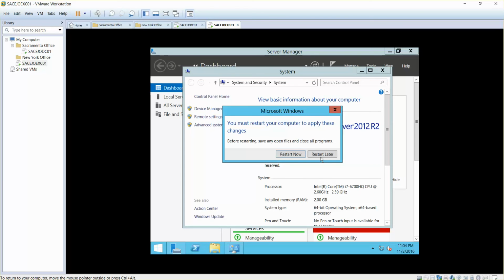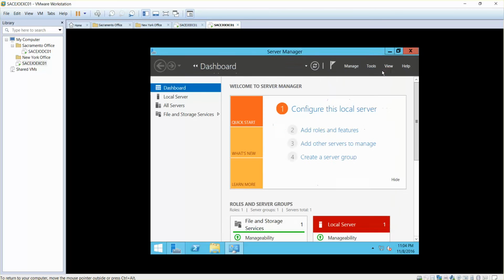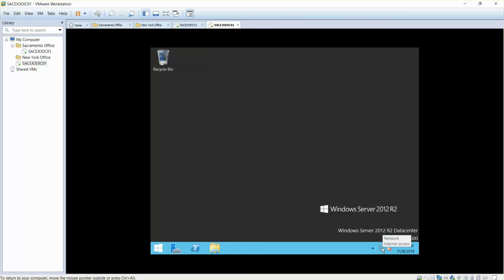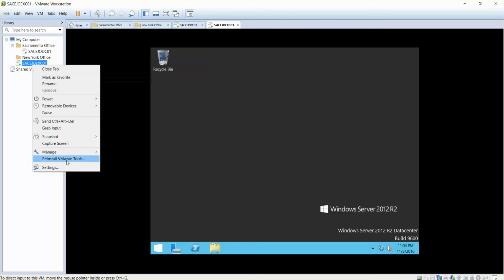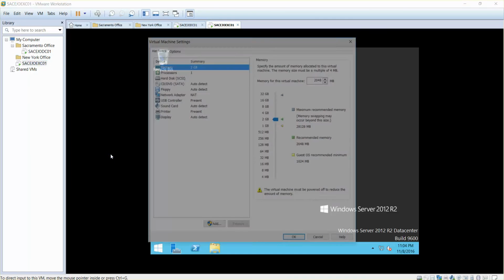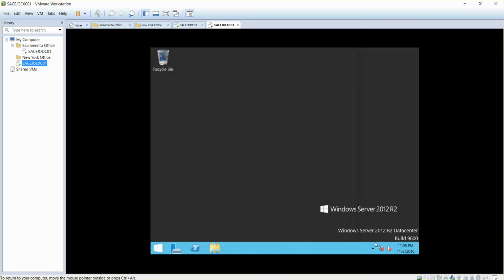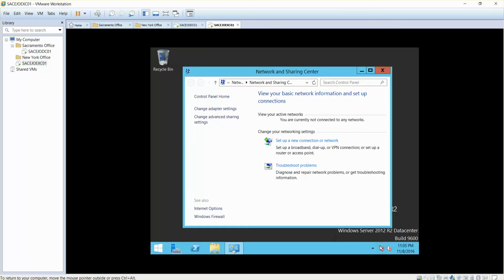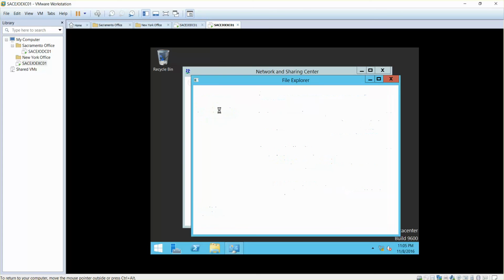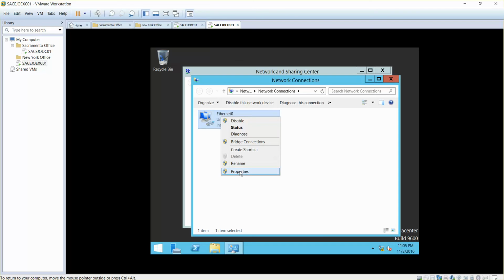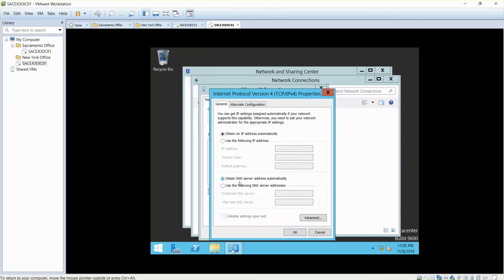Okay, close, restart later, because I'm going to complete the lab. And as you can see, it is network address translation, NAT again. So what we are going to do is the same process that we did with our domain controller. We will make it host only first, and after that, I'll go to Network Sharing Center, change adapter settings, right click, properties, and then TCP/IP version 4, and based on our lab it